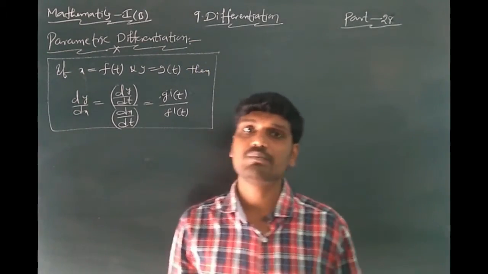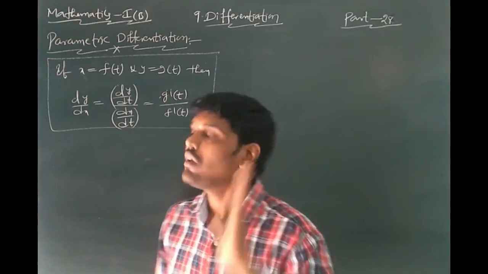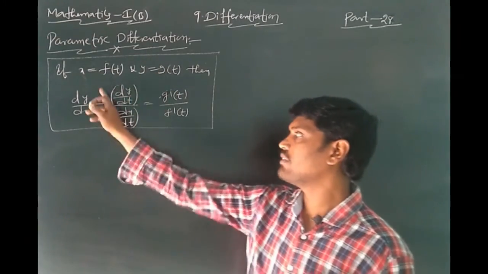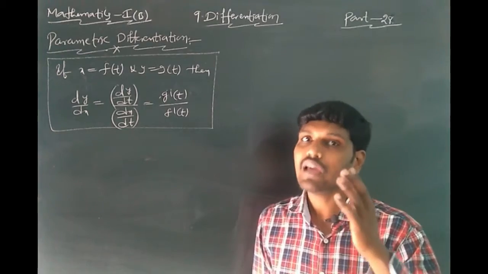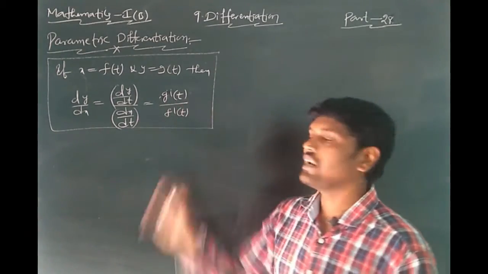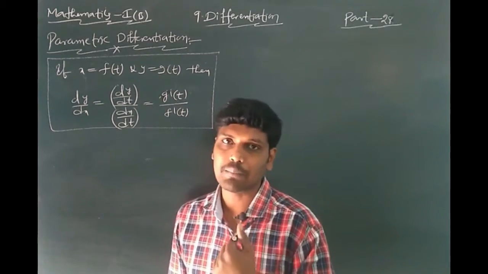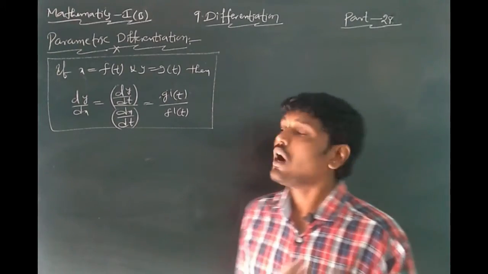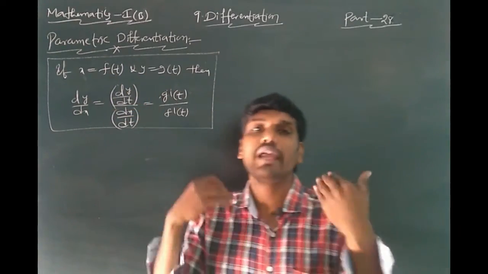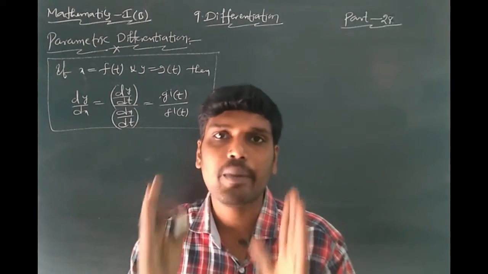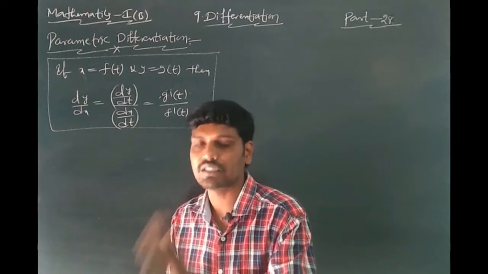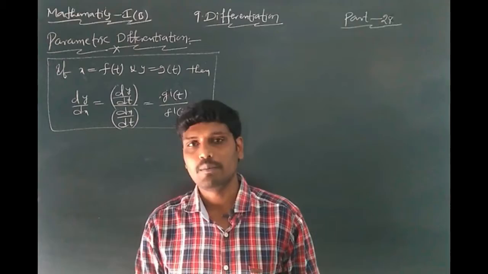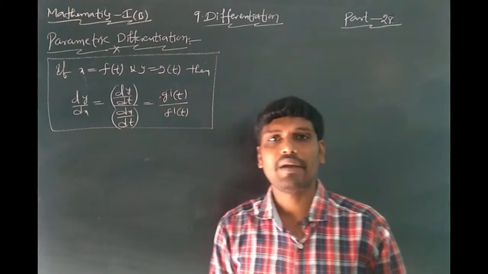In this parametric differentiation method, two functions are given. The first function is in terms of t, the second function is also in terms of t. Then dy by dx equals dy by dt by dx by dt. That is also written as g dash t by f dash of t. Similarly, x can be a function in terms of z, and y also in terms of z. Both x comma y functions are in terms of the same variable. Only in this parametric method can it be applicable, otherwise impossible. Okay students, this is the formula of the parametric method.